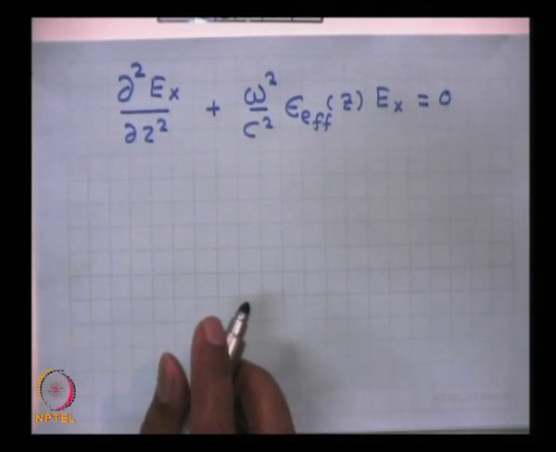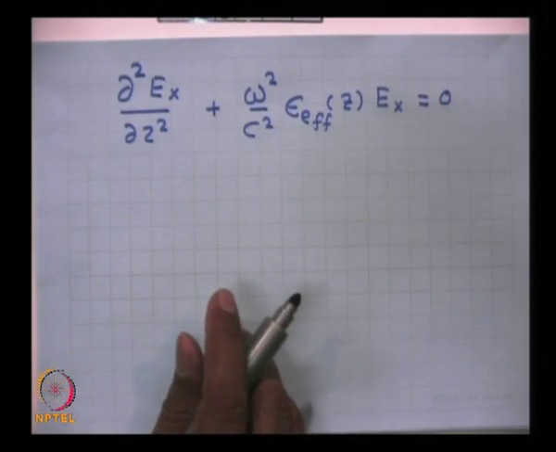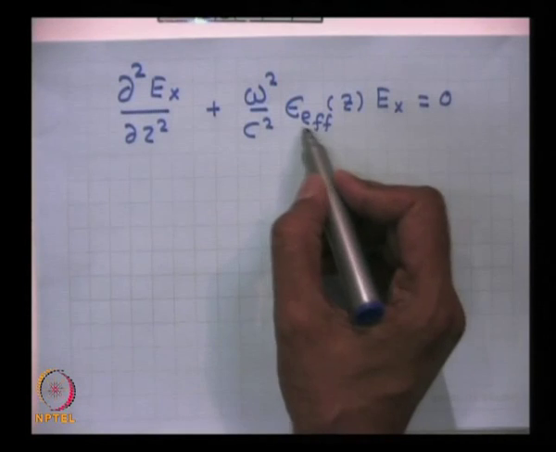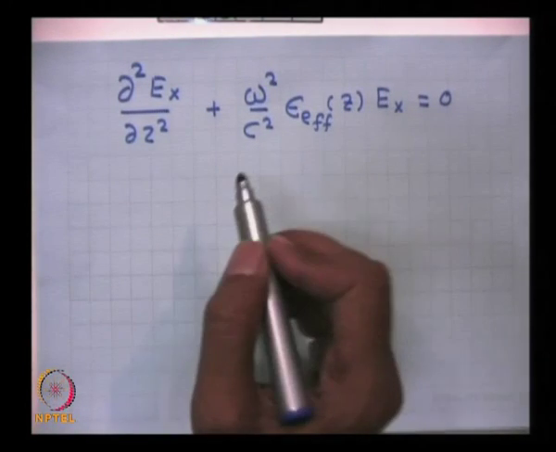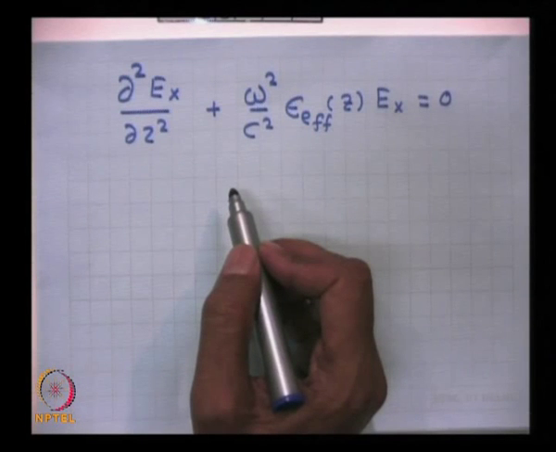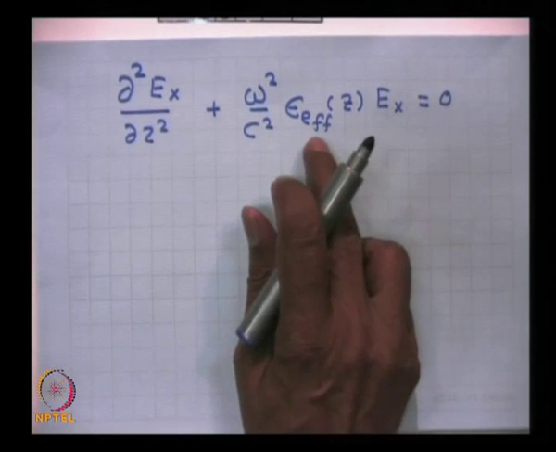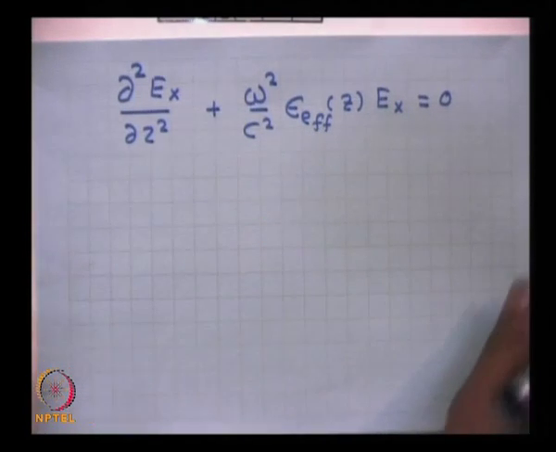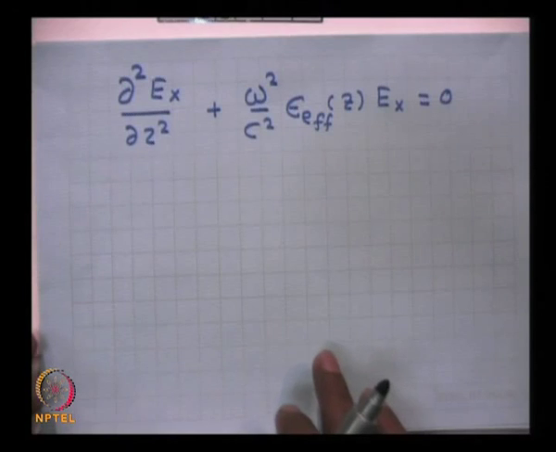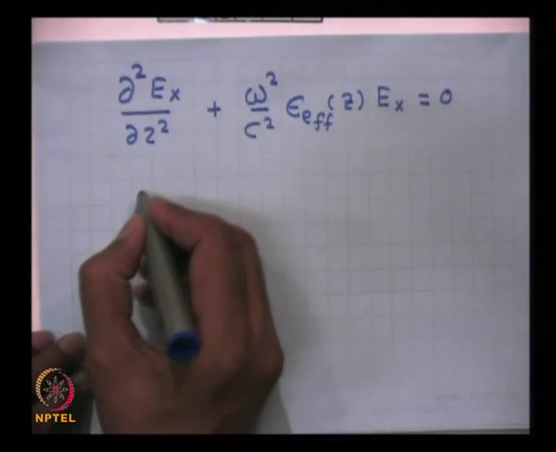There is no approximation so far, but if ε_effective is a general function of z, a general solution of this equation is very difficult. If this quantity varies very gradually with z, then one can solve this equation in one approximation,